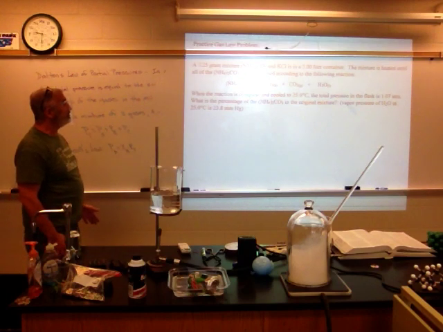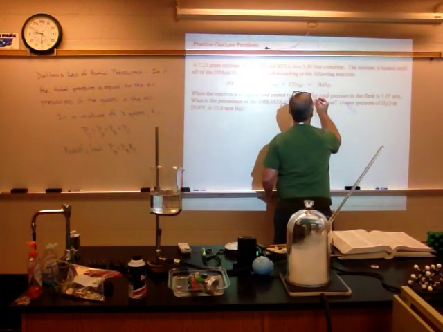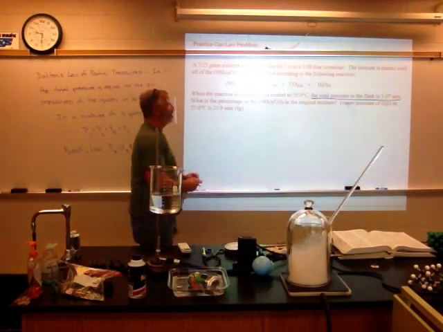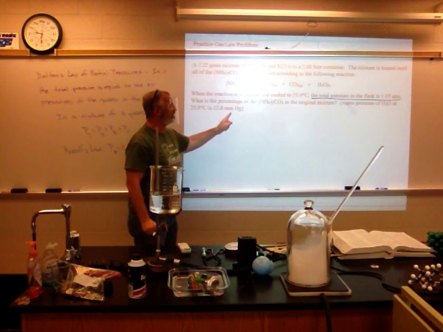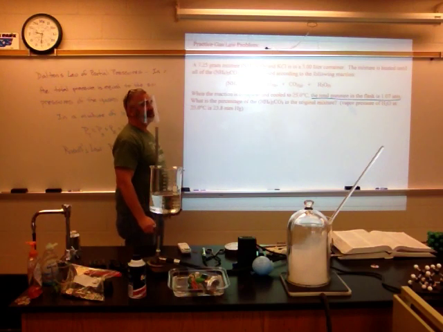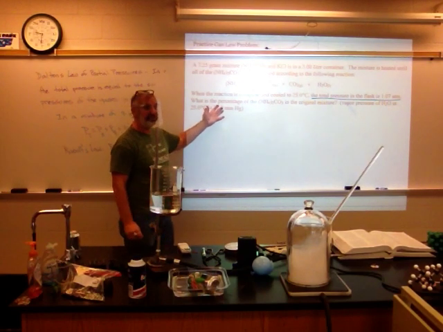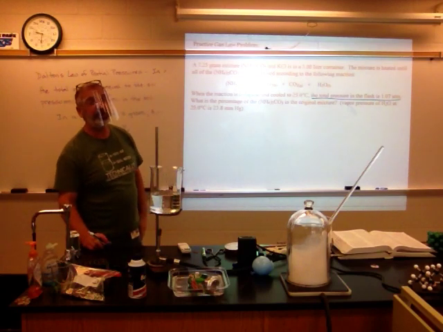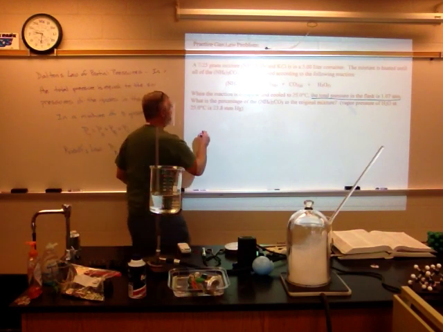When the reaction is complete and cooled to 25, the total pressure, and that's going to be our key thing here, this one I want to show you, the total pressure in the flask is 1.07 atmospheres. What is the percentage of ammonium carbonate in the original mixture? Several things have to happen here. First off, a ton of numbers, equations, words, a very overwhelming problem. What's the question asked? Percent